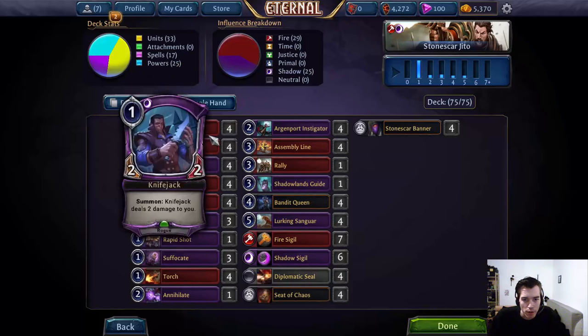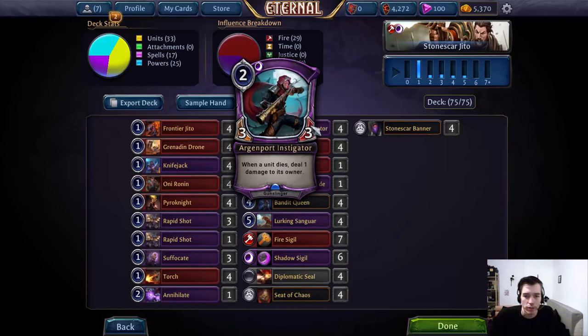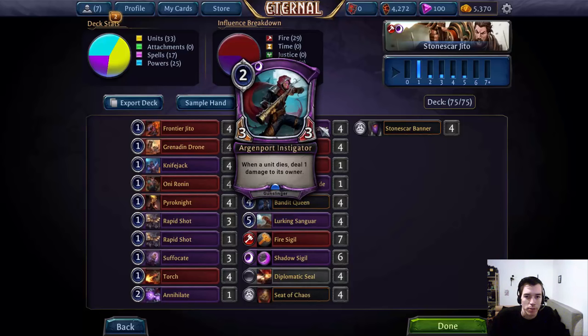It's the 1-drop that I would play if I wanted more than the 20 that I'm having, but I think the 20 that I'm having are the correct number, which brings me to the card that I'm running over more 1-drops, Argenport Instigator. The card is just way too good, way too efficient. The 3/3 for 2 already is great. It has no synergy with Jito, but that doesn't matter as much, because it has kind of pseudo charge anyway